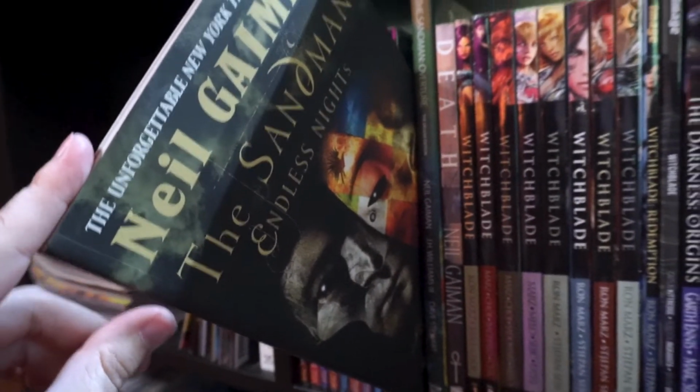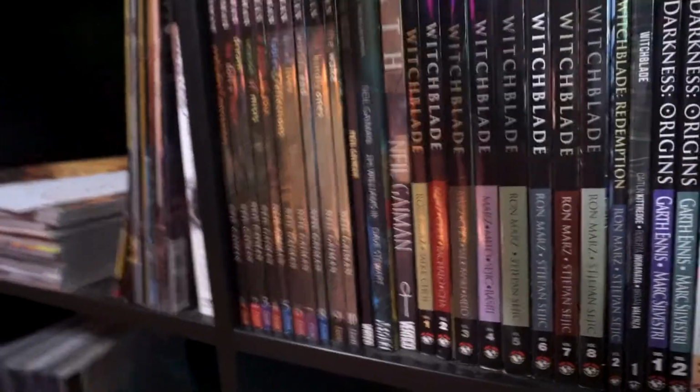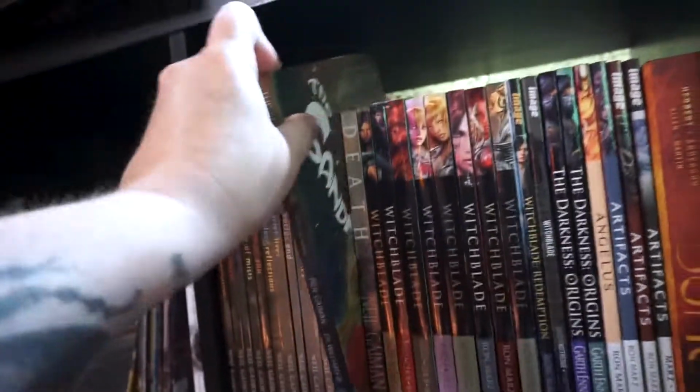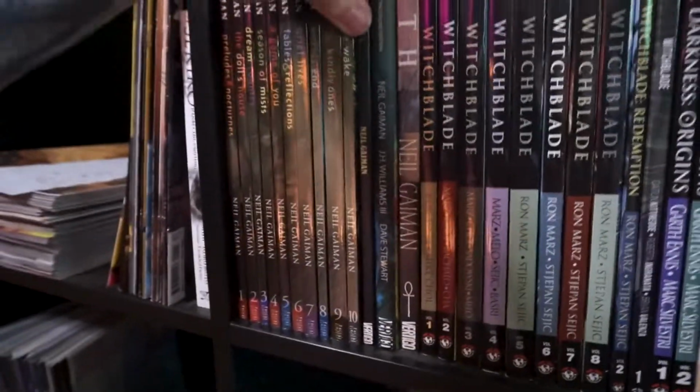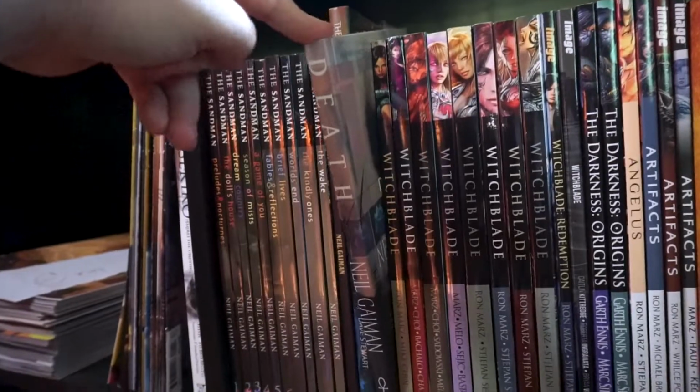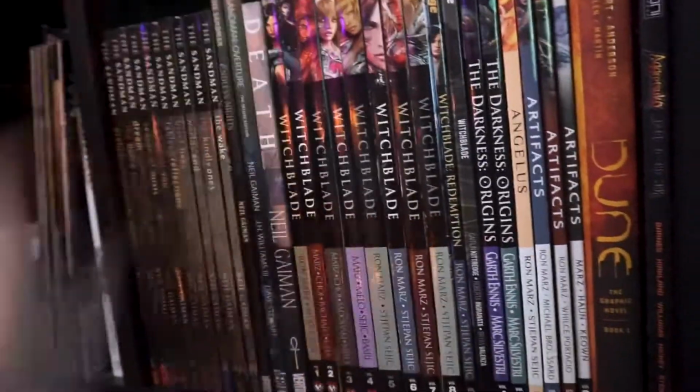And then I have the Sandman Endless Nights, which is kind of a standalone sequel. And then I have the Sandman Overture, which was another sequel. Death. So honestly, if you're considering getting into Sandman, either read...